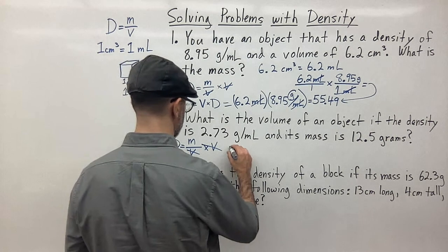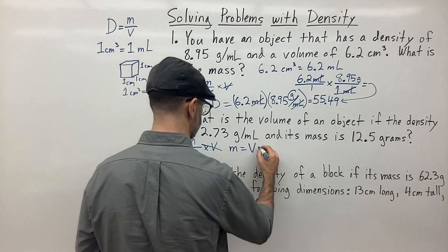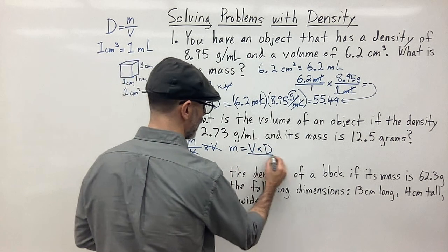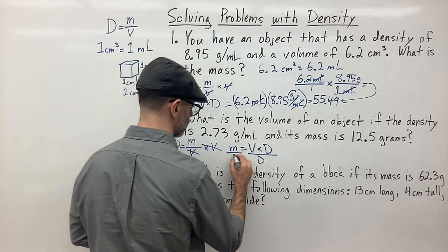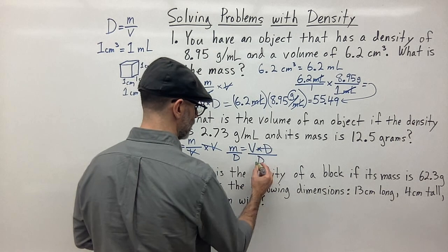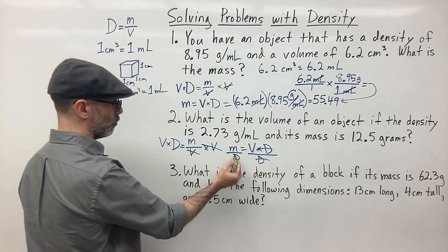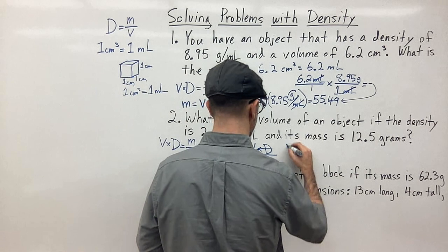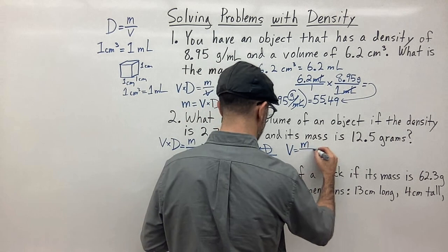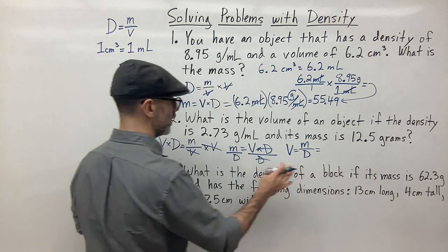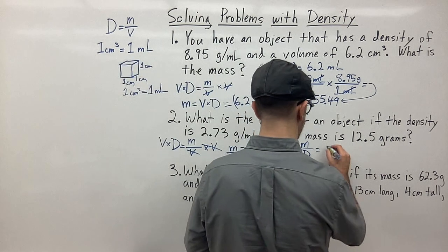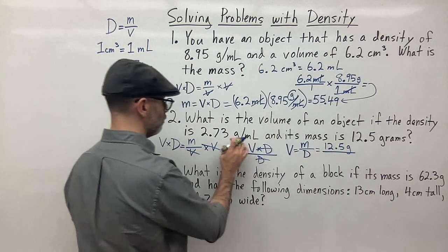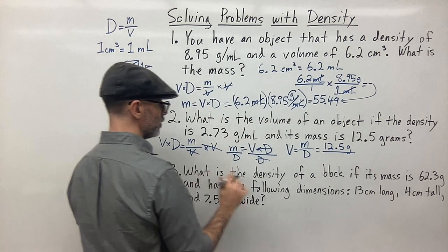So now I have mass is equal to volume times density. But now I want volume by itself, so I need to divide by density. Now density cancels out, and I have m over d. So the equation I'm going to use is volume is equal to mass divided by density. Then all I do is plug in what I have. So I have mass, 12.5 grams, over the density,